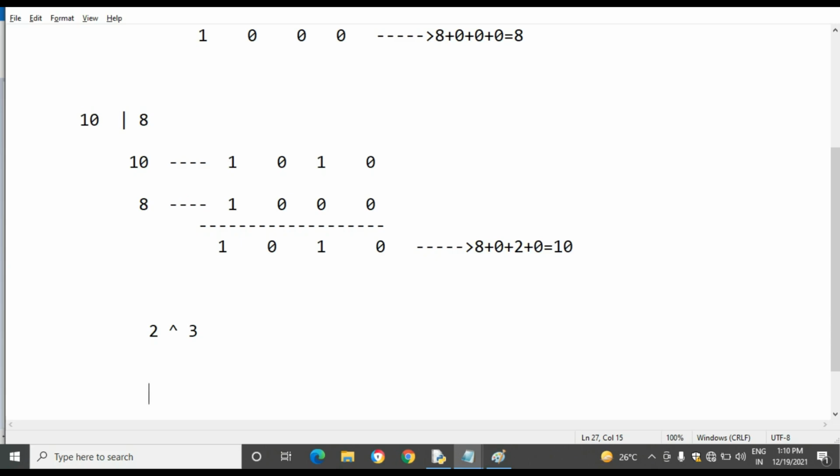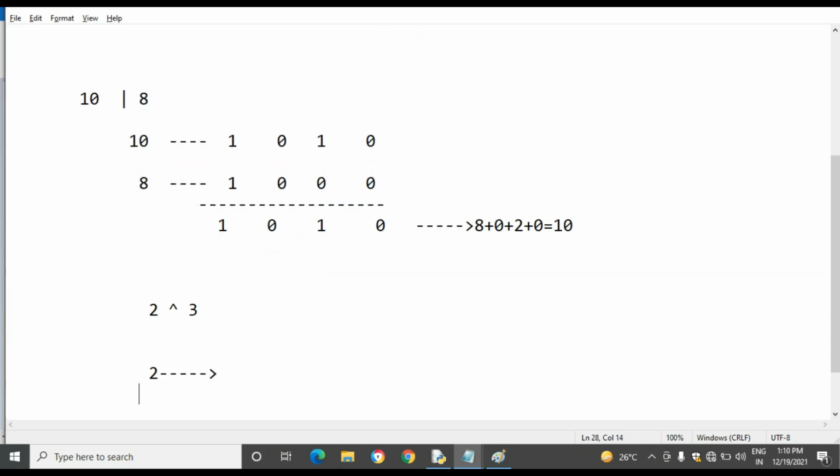Two. The binary form of 2 is 0 0 1 0. 2 is a small number, so the 8 is not needed.